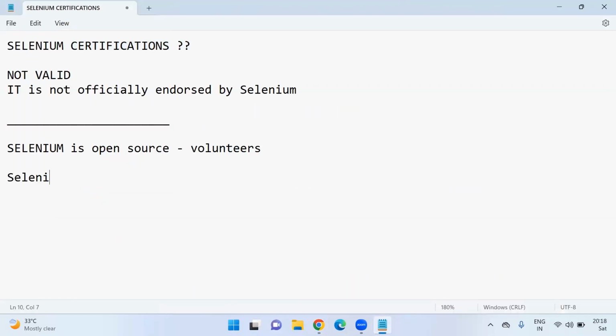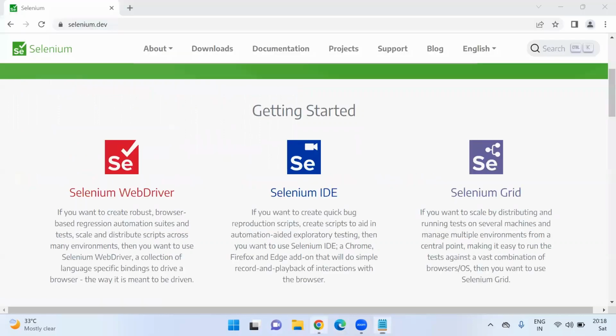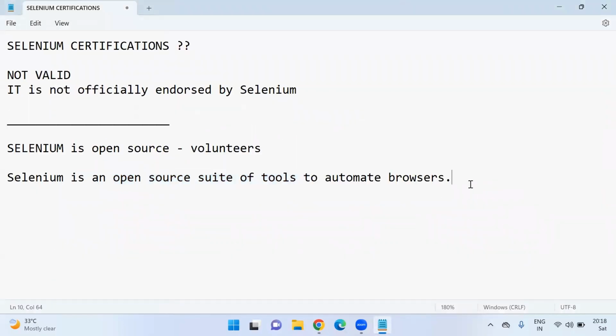If anyone asks what is Selenium, we should say that Selenium is an open source suite of tools to automate browsers. So it is not a single tool. Selenium is an open source suite of tools. As I showed on the official website, Selenium WebDriver, Selenium IDE, Selenium Grid, there are three components of Selenium: Selenium WebDriver,